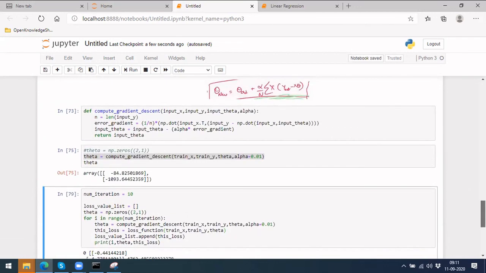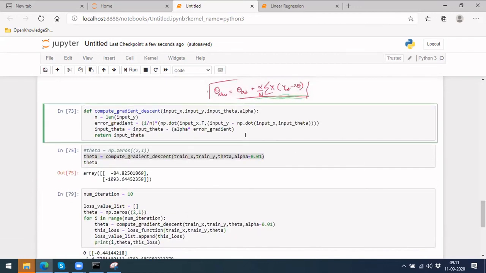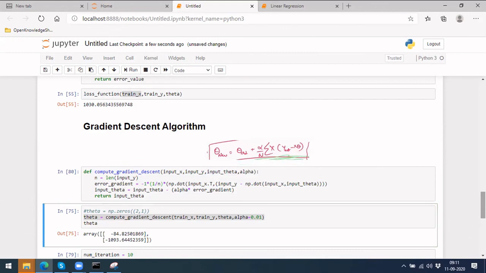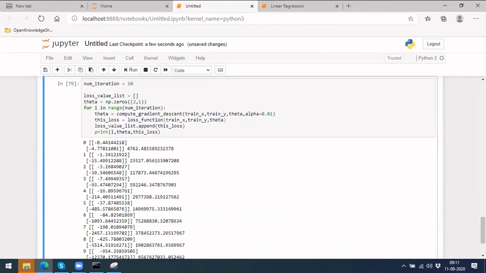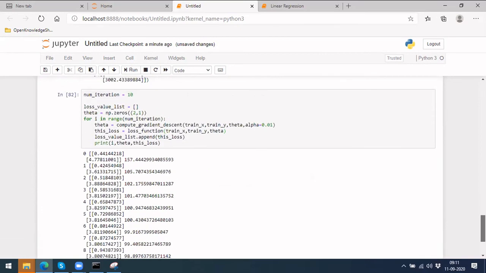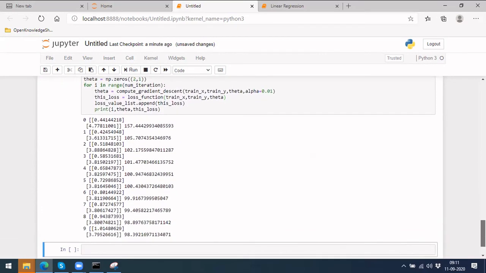If you can see, it is exploding, right? So there should be a minus here. If you remember what we have done, let me put a minus sign here. Cool, let's see it now.